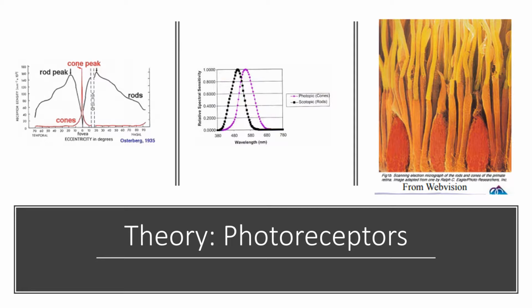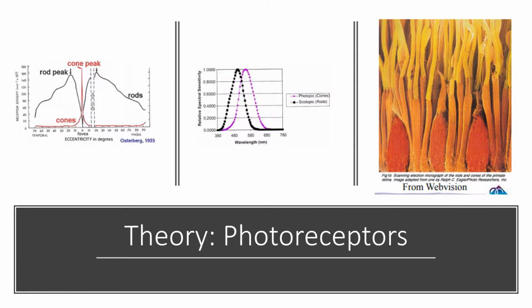Using cells called rods and cones, the retina is able to detect light. With close to 125 million rods used for monochromatic light sensitivity, we're able to detect the presence of light. And with approximately 6.5 million cones, the eye is able to detect color sensitive to 3 separate colors, specifically red, green, and blue. An important thing to note is that the max density of cones is located where there